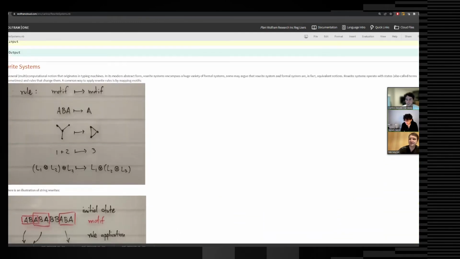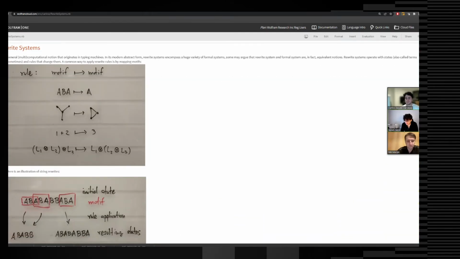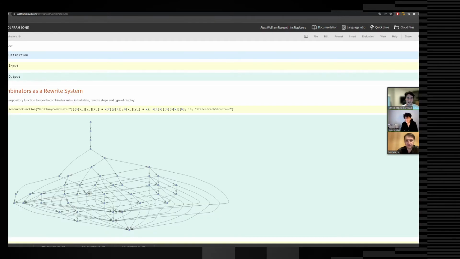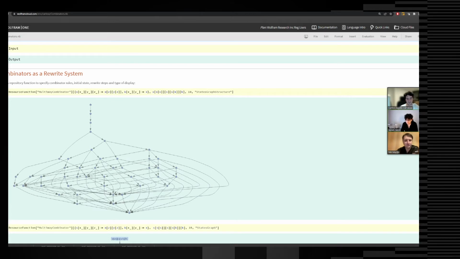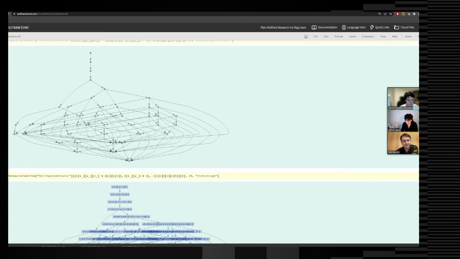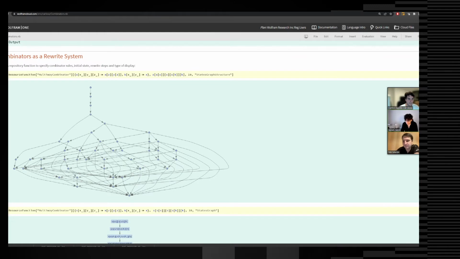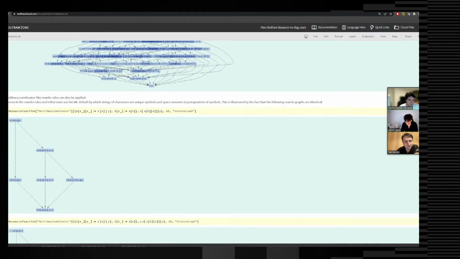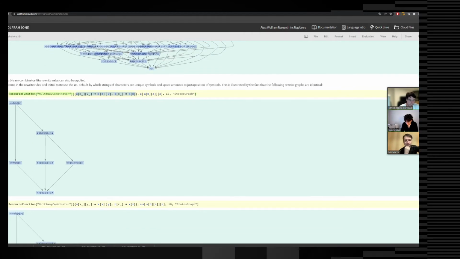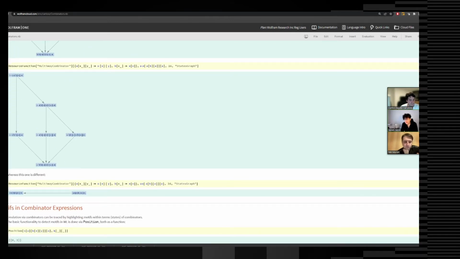So remember, I said rewrite systems is a very general thing, but what about combinators? Let's very briefly regard combinators as a rewrite system. So this is the multi-way one, which just displays this more parsimonious sort of plain-looking graph. And bear in mind, this is just a particular case of a rewrite system. These are examples that you've seen before. And you can enter other kinds of combinator-like rules, and you get similarly some other confluent systems and things like that. Different kinds of rules, why not?